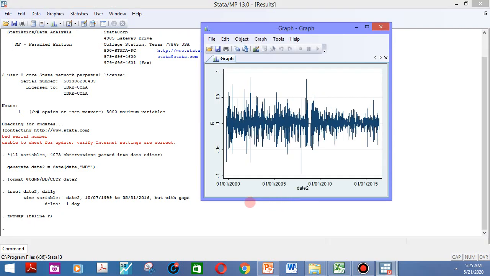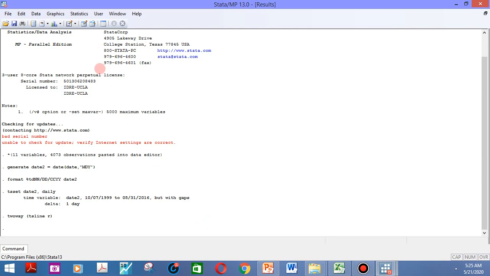This is the time series graph of Pakistan Stock Exchange. Again here we see some periods have high volatility and some periods have low volatility, so the variances are not constant over time.